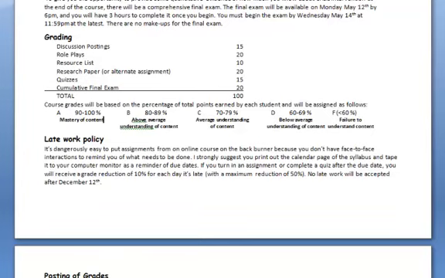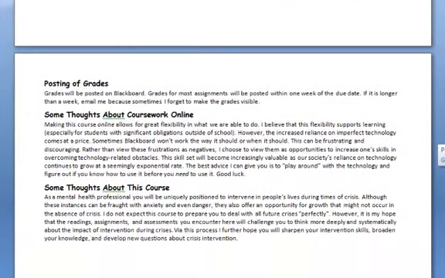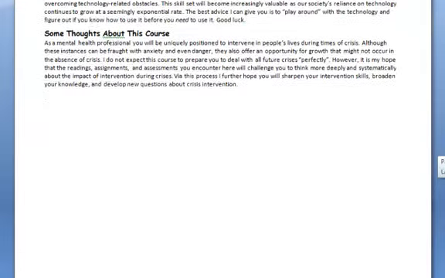Okay. Speaking of giving you points, posting grades: I'll try to get you everything back within a week of the due date. If it's longer, somebody shoot me an email. Not everybody, but a couple of people, shoot me an email and remind me. Sometimes I grade stuff, and then I have to click the little box in Blackboard to show you the grades, and I forget to click it. So just remind me if I forget. And you can read through my thoughts about online coursework and about this course in particular, which I do think is an important course for anybody who wishes to work in the mental health field.